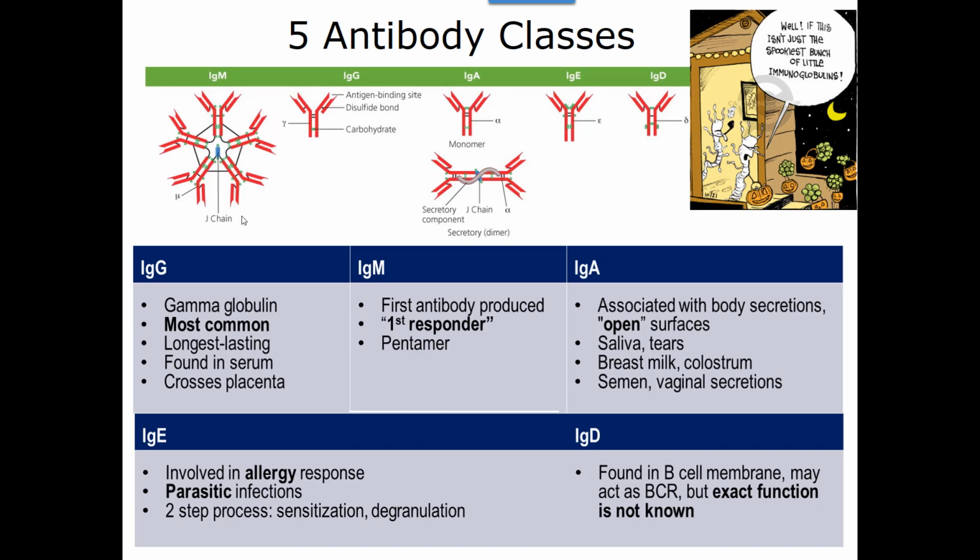Your immunoglobulin or antibody A for alpha is the one we find in a lot of different bodily fluids. So saliva, tears, breast milk, and colostrum. This is why babies can get antibodies from mom, is because they're getting a lot of those immunoglobulin A antibodies. We can even find this particular antibody in semen and vaginal secretions, again, looking for specific foreign invaders. And it's also the one that works a lot, usually with precipitation and neutralization of different types of foreign